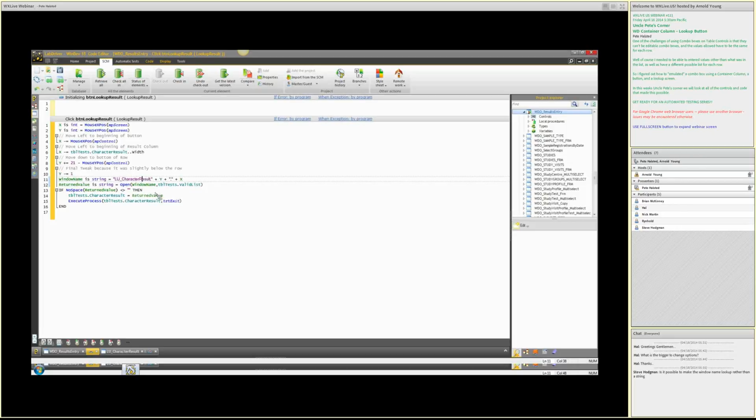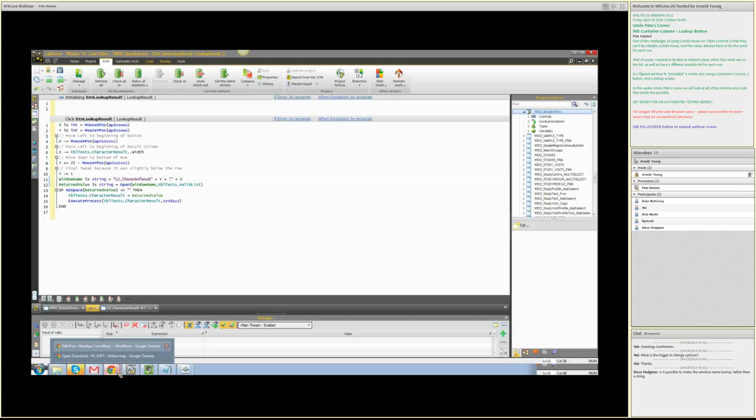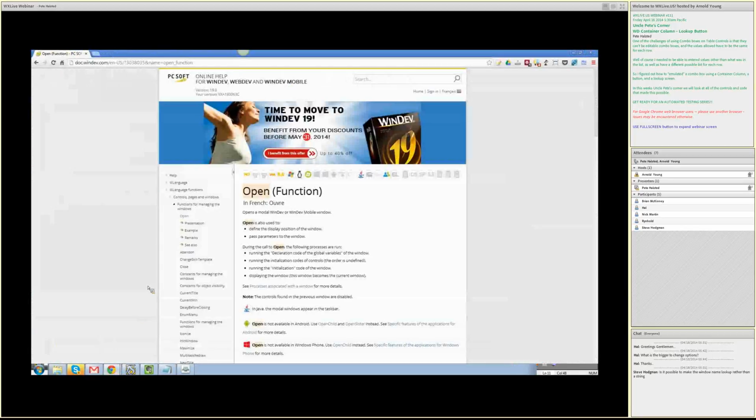That is definitely a point there. I was kind of going the opposite way with that. The other point is the fact that I am able to specify that window name as a character string, which means that I could have logic that's deciding what window to open based on a